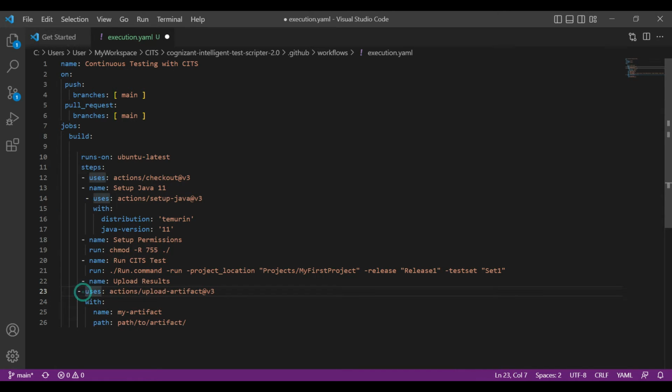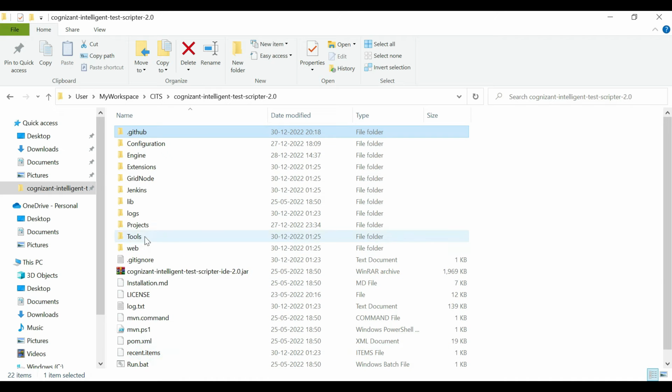Okay, I do not need the Okay, now the name of the artifact that I'm going to publish is test results, and the path that I want to publish is